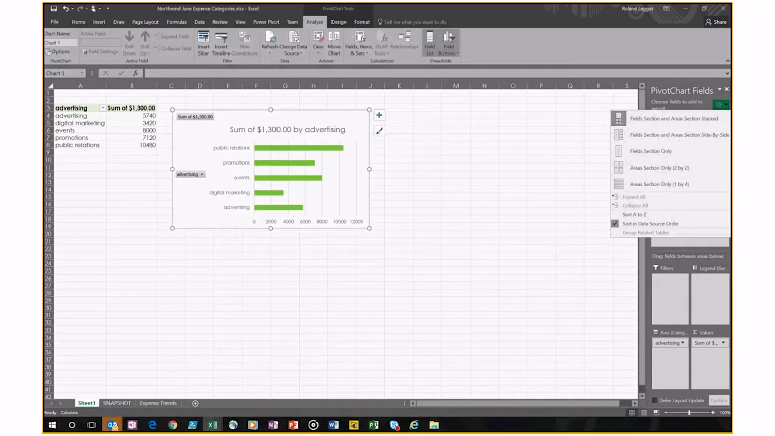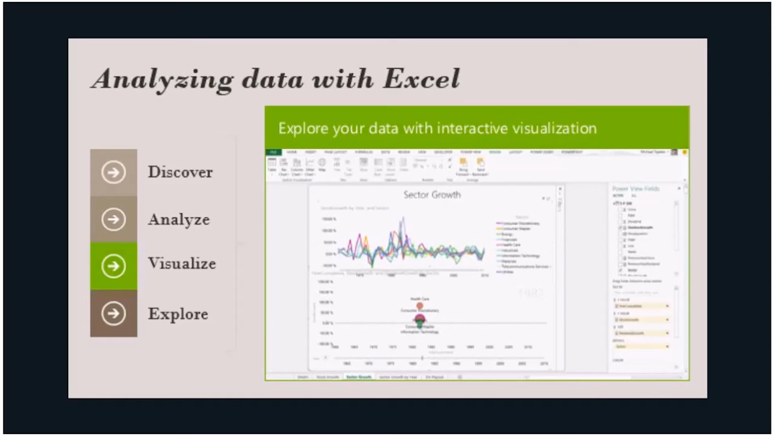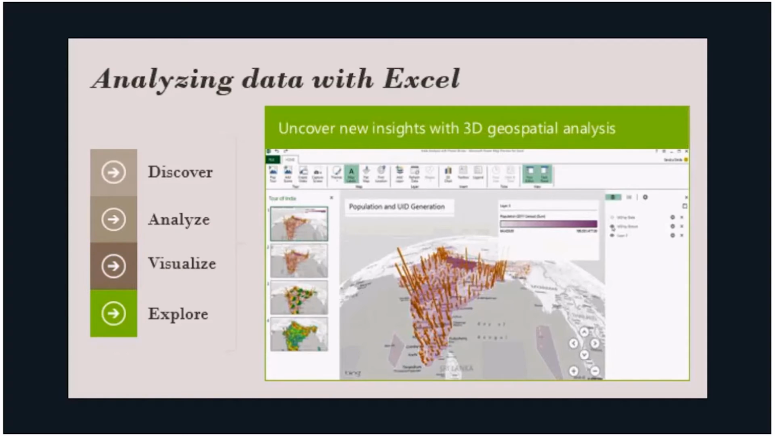Okay, so when we talk about data visualization, guys, that's really what we're talking about here: extending the functionality of Excel out to Power BI. On your screen now you should have some of the analyzing and the visualizing of data. What you can start to do then is overlay stuff like that onto